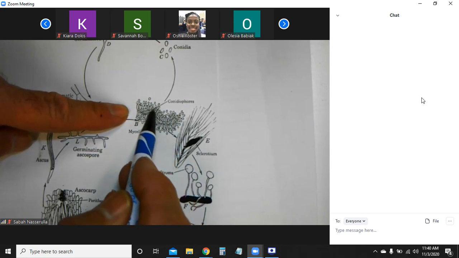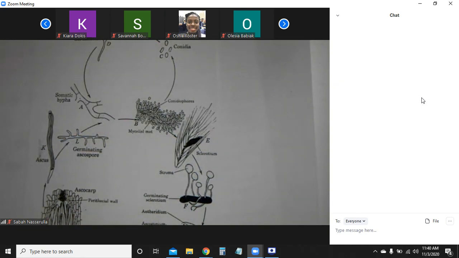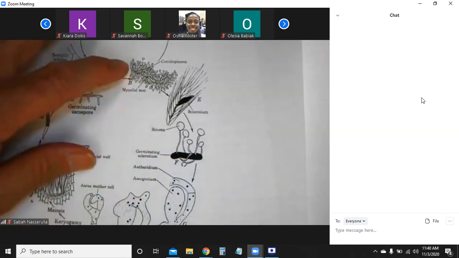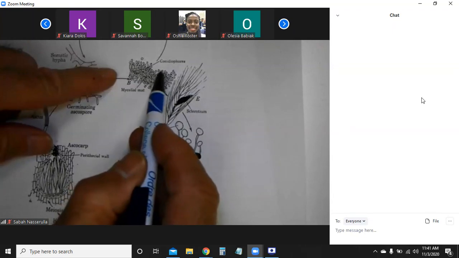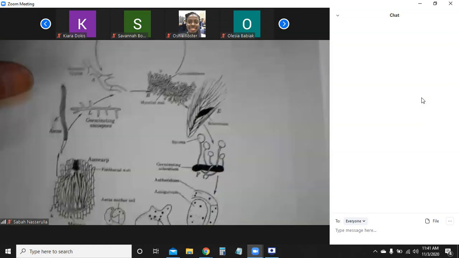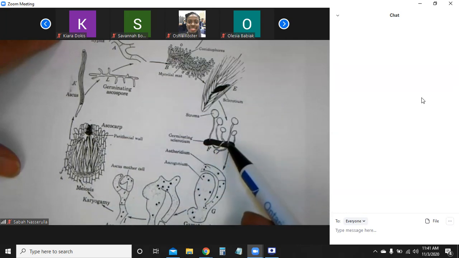In the end they also produce a sticky, sugary substance, and what happens here will form a hard crust around it, which is known as a sclerotium, like this one here. This sticky material will attract more insects, and whether insects or other things come, they transport the conidia to other host species of the same kind. And usually when the sclerotium falls on the ground,